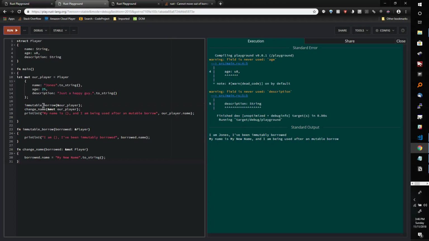So here we immutably borrowed our player, but we returned it. Then we took out a mutable borrow of our player, and then we actually acted on it, and then we printed it. Now this is fine. And the reason why this is fine is because our immutable borrow was actually returned, because this is another sort of subtle, confusing thing. Unless you capture something here, so unless I do this,